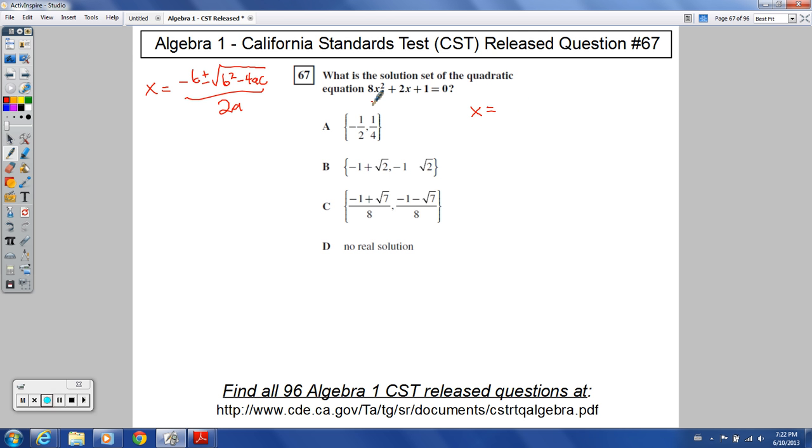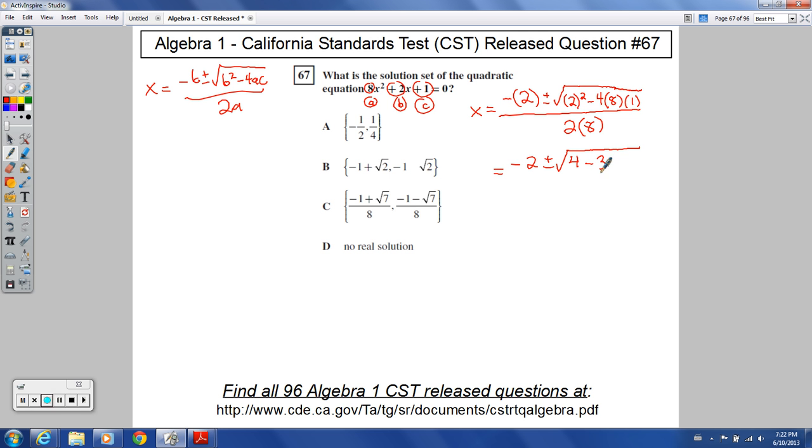But anyways, we've got a is 8, b is 2, and c is 1. And so we've got x equals negative 2, since 2 is your b value, so it's the negative of the b value, plus or minus the square root of 2 squared minus 4 times a, which is 8, times c, which is 1, all over 2 times a, all over 2 times 8. This will give me negative 2 plus or minus the square root of 4, that's 2 squared, minus 32,